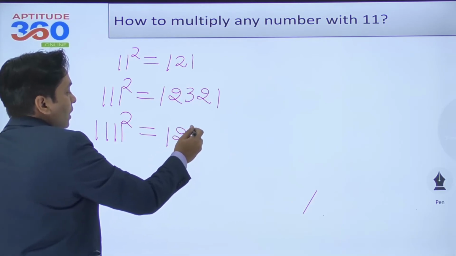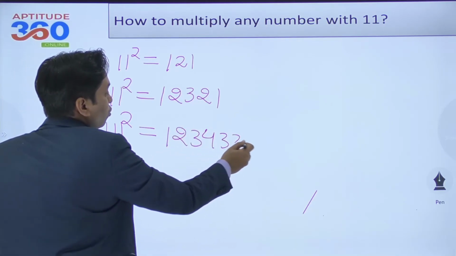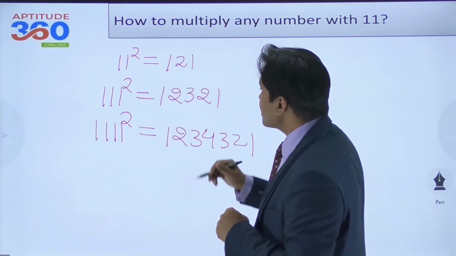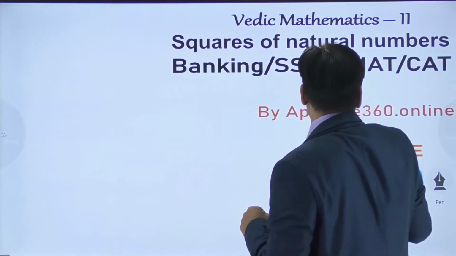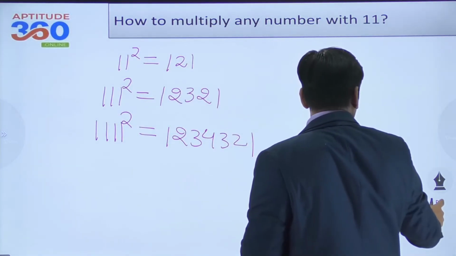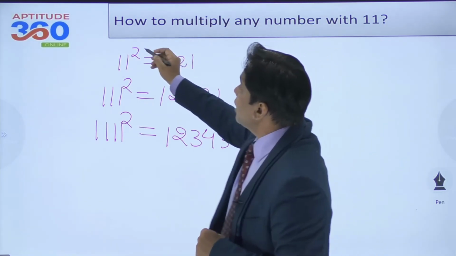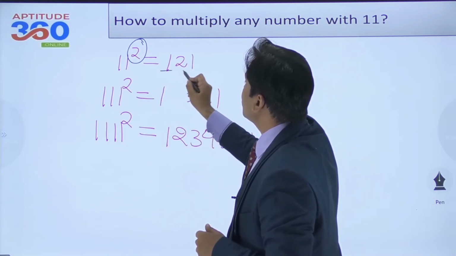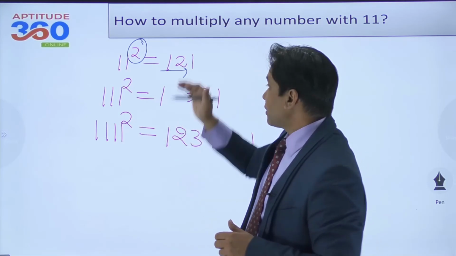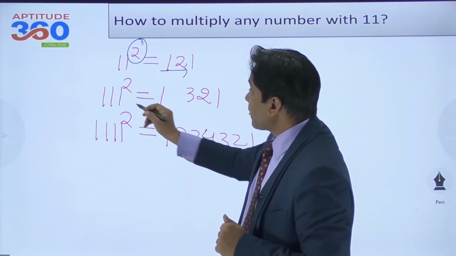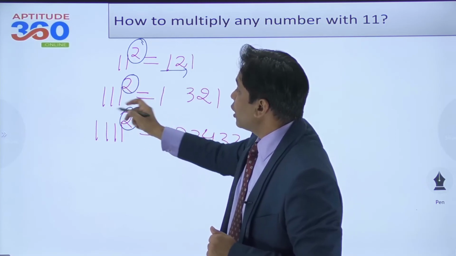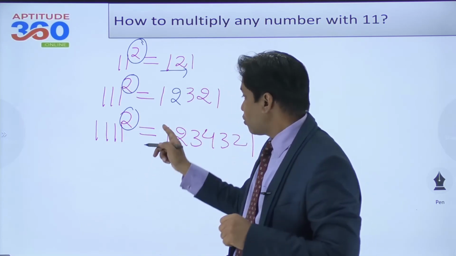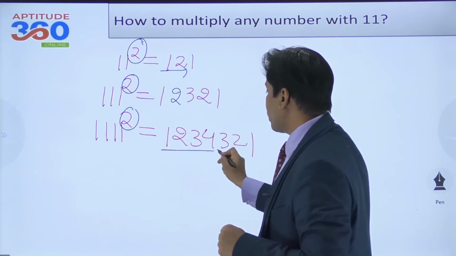Now, what if we find out what is this number? And this number, you understand, this is going to be 1 2 3 4 3 2 1. So can you see a pattern out here? And what is that pattern? If it is 2 ones over here, you will go up to 2, and then this is kind of a palindrome, right? 1 2 1. If you've got 3 ones, so 1 2 3 2 1. You've got 4 ones, so 1 2 3 4 3 2 1. So it will be going up to 4.